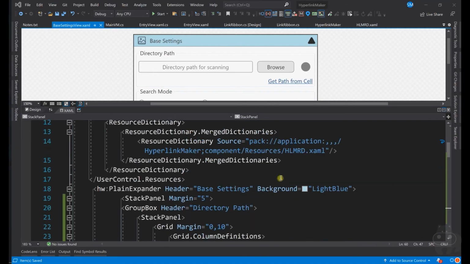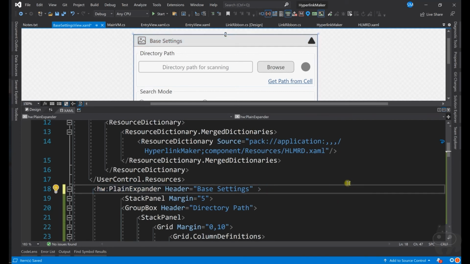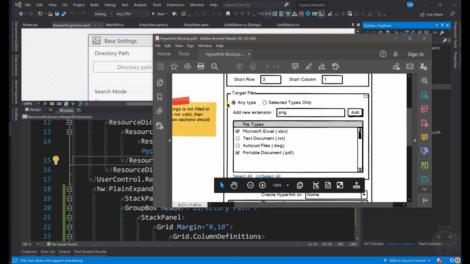Before moving, let me remove this background color. I don't need this background color. Let it be there. Fine. And I will add a corner radius of 4. Let's go for target files, which is a collection here, and you have two more buttons.